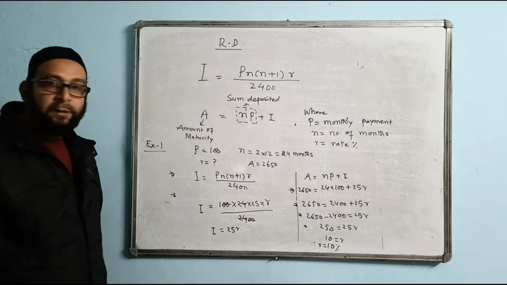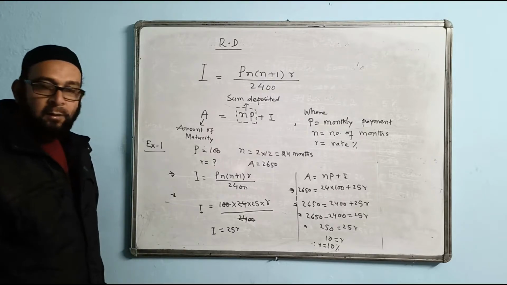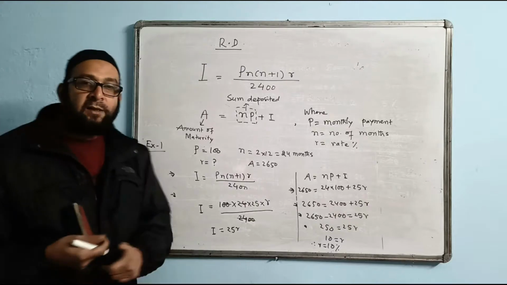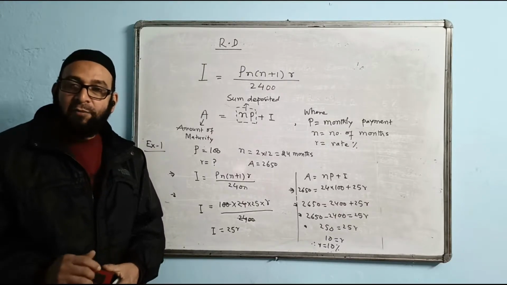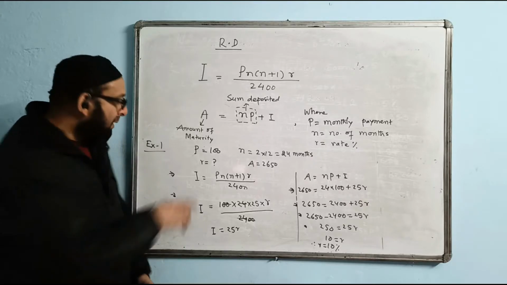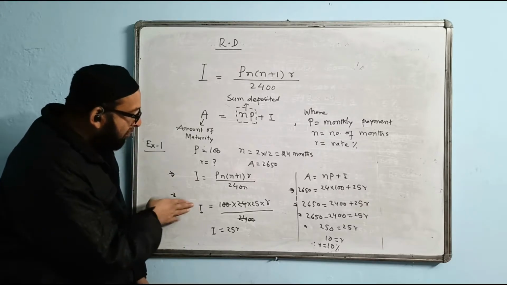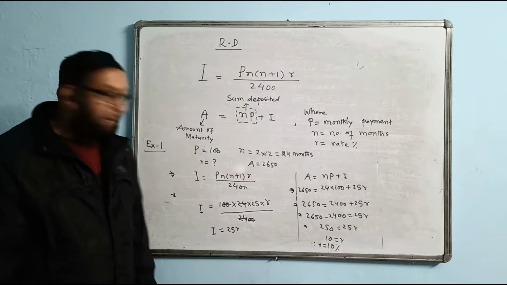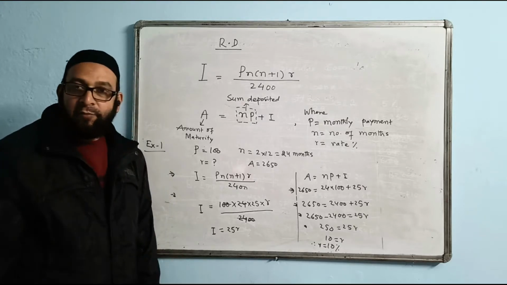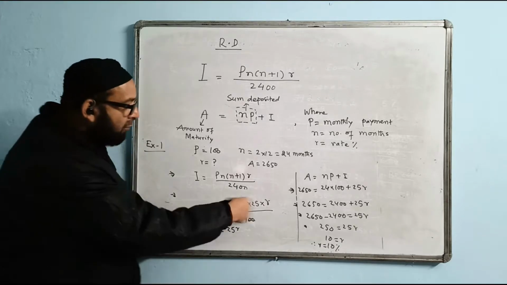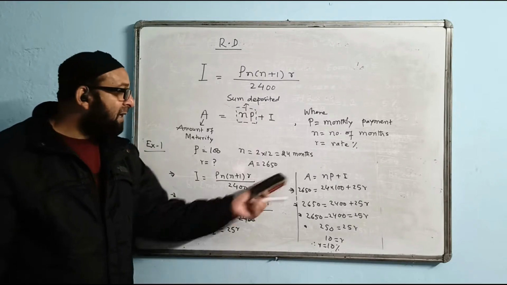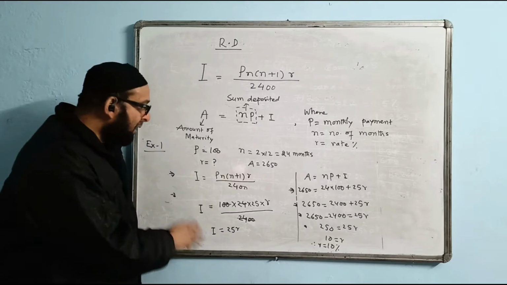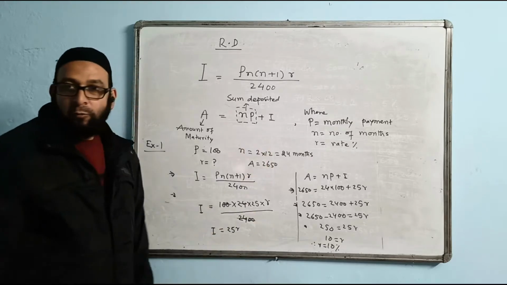So this is also a probability. If the question says that he is earning an interest of this much at the time of maturity, here only we will equate. I value we put it here only. The value of I is given, we will put it here only. This second step only we will. First step only put the value of I, and this side unknown thing we will find out. But if A is given, you have to take two steps. First type I and then A, and then you calculate the unknown.